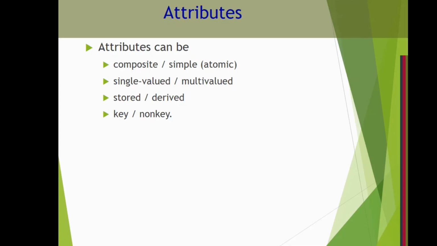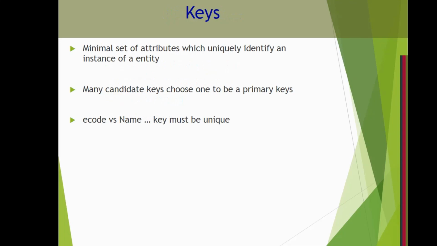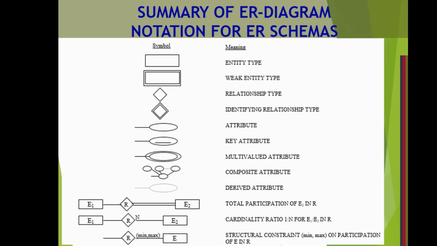Rest all attributes, except the attribute which is playing the role of key, are non-key attributes. Now see here symbols. Very simple. Entity है, मैंने कहा employee है, एक entity है. Department entity type है. Projects entity type है. Dependents entity type. You know who are your dependents. So ये सब symbol क्या होगा? Rectangle में.